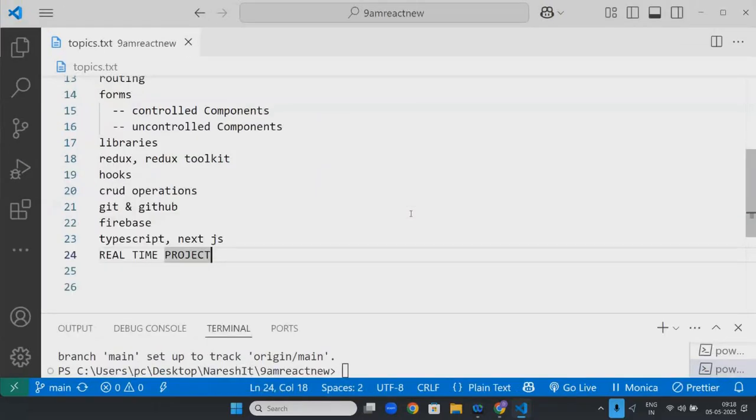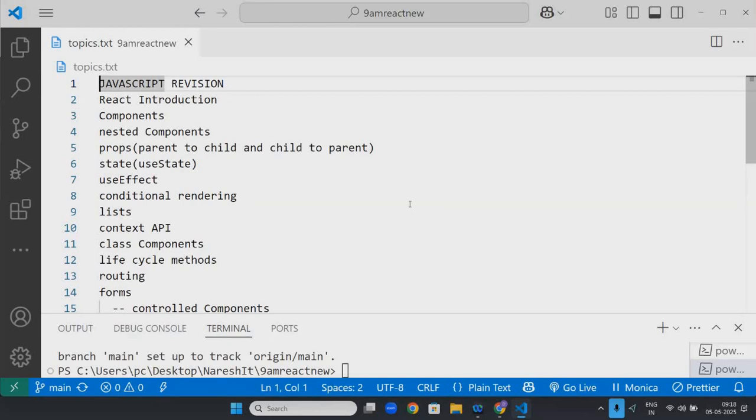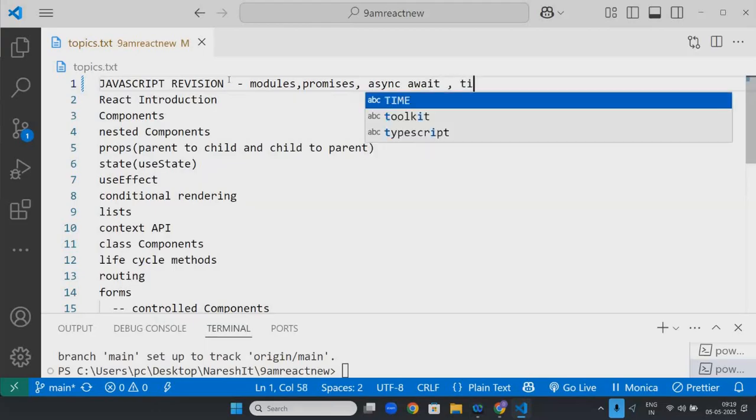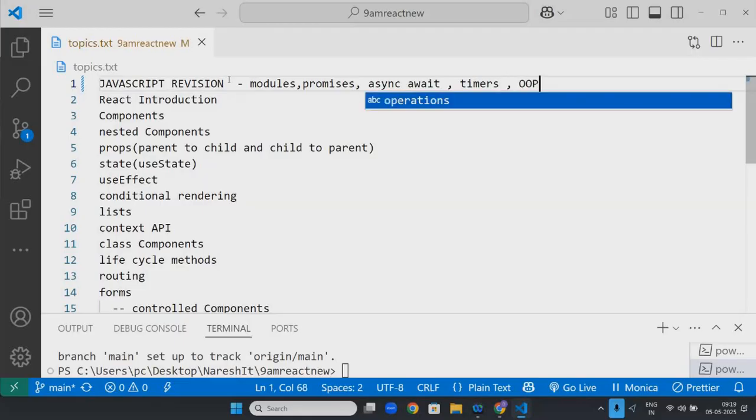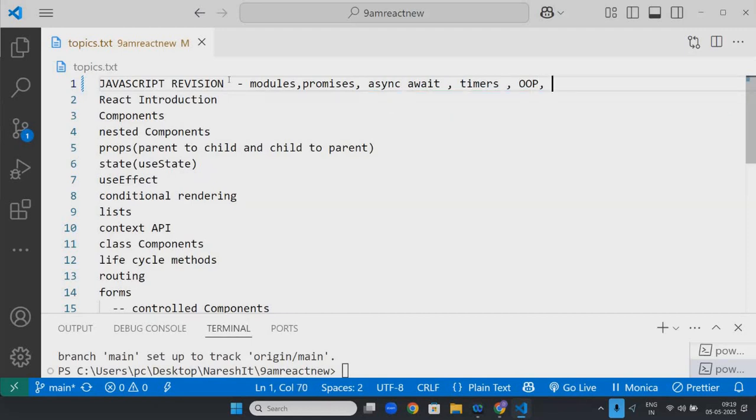In any React interview, basically React-based companies will go with interview questions such as basic JavaScript questions. In JavaScript, the most important modules are promises, async await, timers, OOP, and array methods, which are very important.